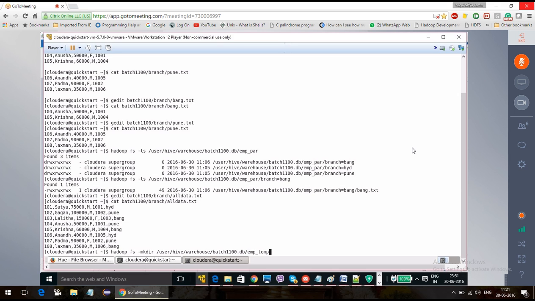Okay, this is my directory I have created, because I am going to create the same table with emp_tmp. So that is why I am going to create the directory.